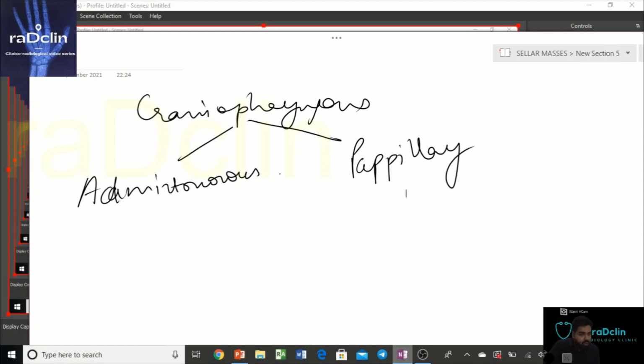On MRI sequences, craniopharyngioma has a T1 component that is hypo to hyperintense. On T2 FLAIR, it's hyperintense and does not suppress on FLAIR. It enhances, and mostly it has a solid nodule which enhances, that is the intra solid component inside the lesion. Now if you find a multicystic bizarre appearing lesion in a child, most likely it is a craniopharyngioma. Now let's see the images.